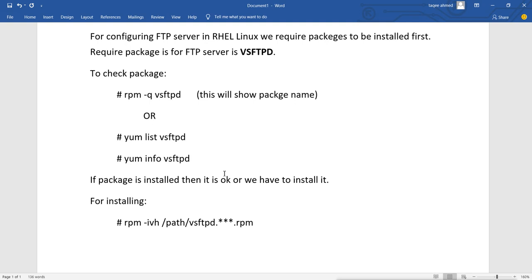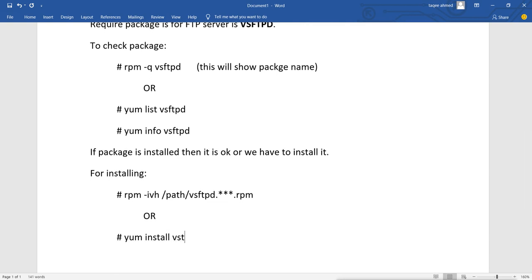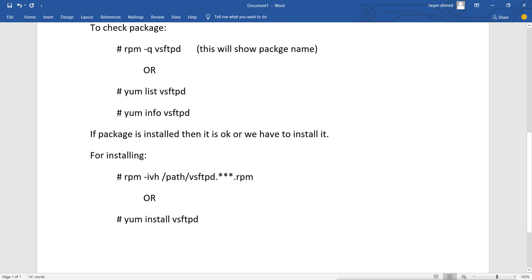Or if we have configured the yum server, then we will use yum install vsftpd. So if we are using RPM, we use the rpm -ivh command, or if we are using yum, we use yum install to install the package. Now let's see in our system whether it is installed or not.